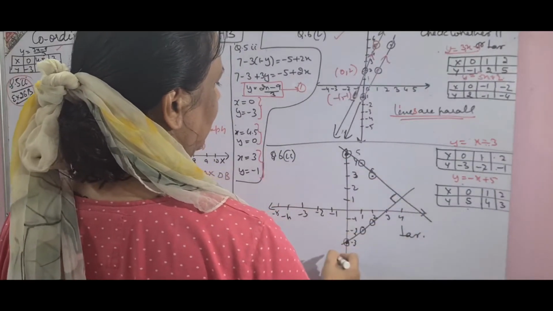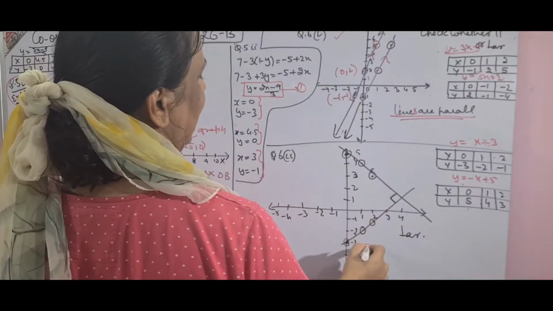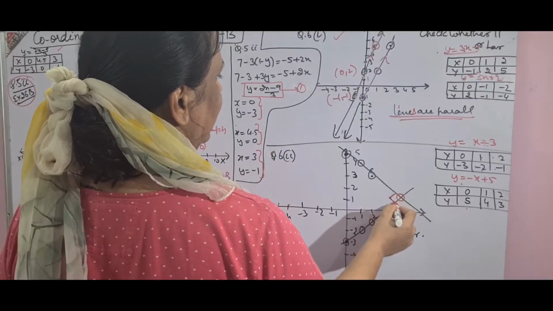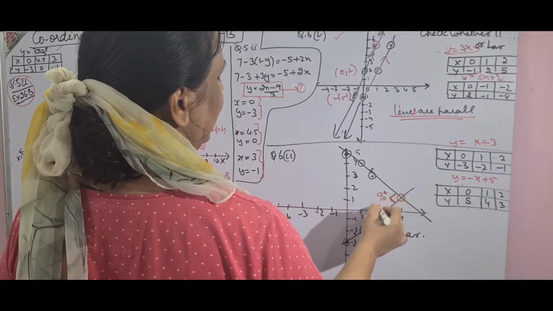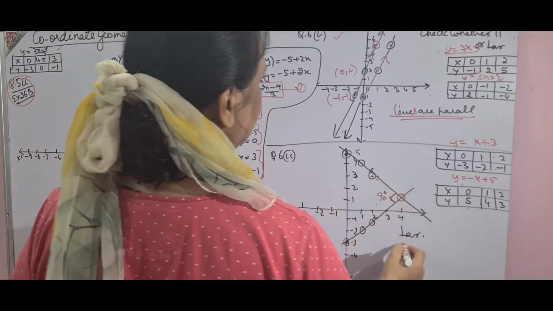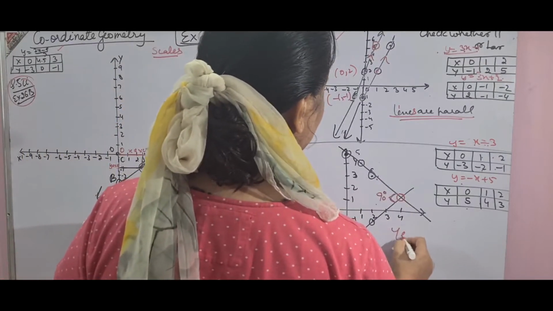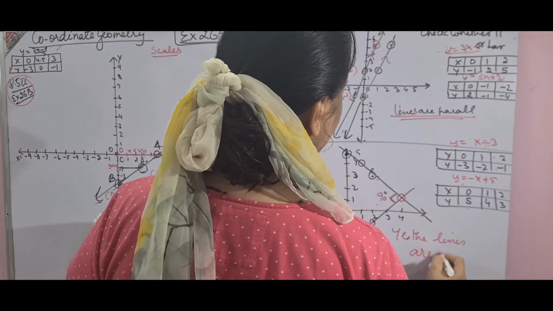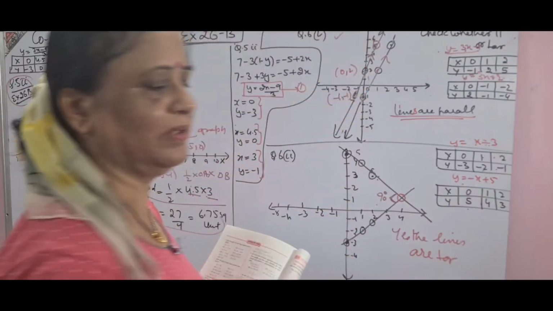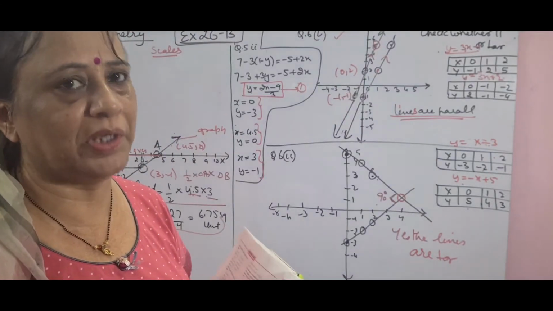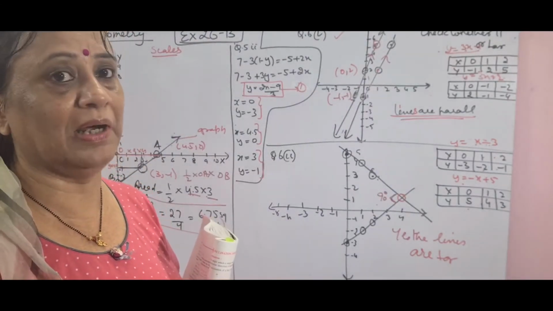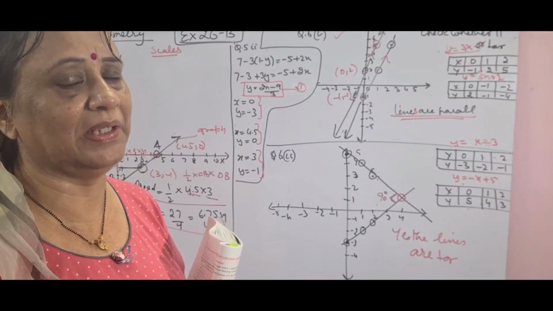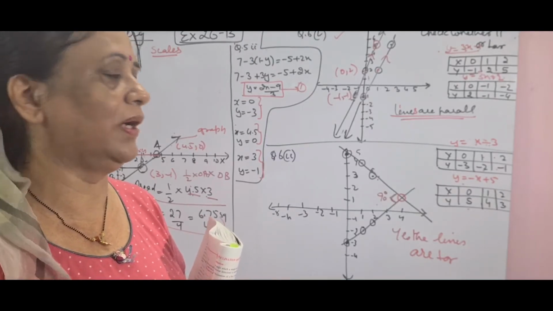Same graph, I plotted both the lines, but this time the lines intersected each other at some point, and that too at 90 degrees. So you can write that yes, the lines are perpendicular. This type of question can also come when the pair of lines is given to you, and after plotting on the same graph paper, you have to say whether the lines intersect each other at 90 degrees or they are parallel to each other.